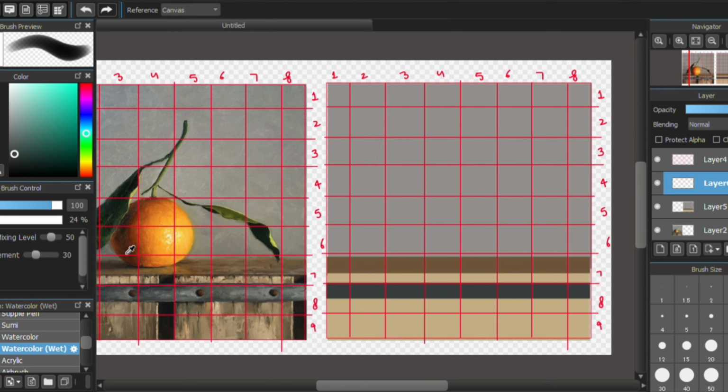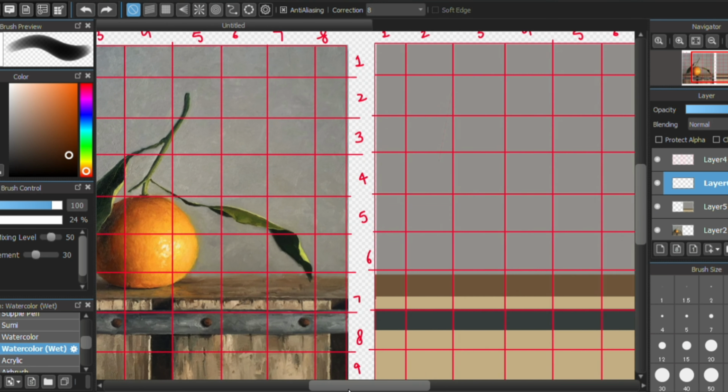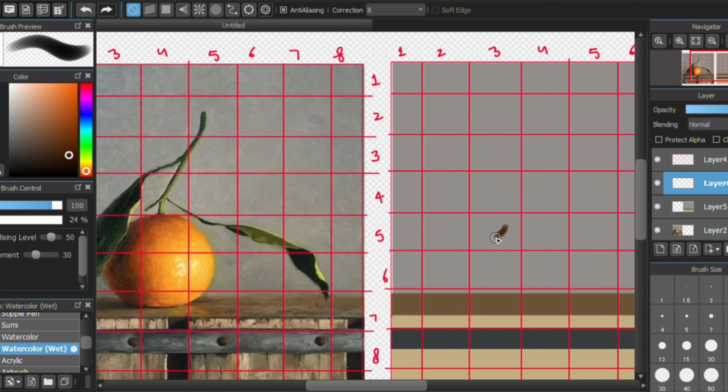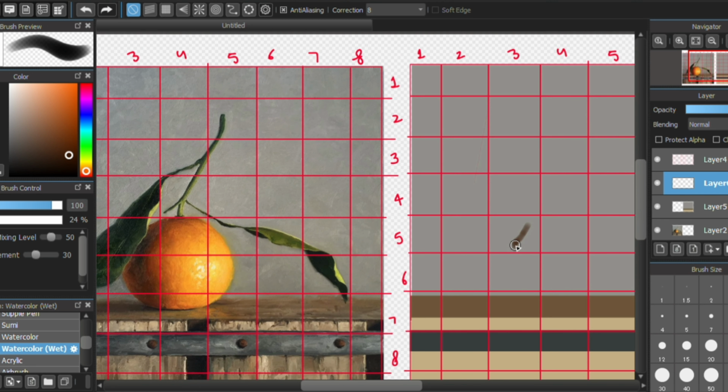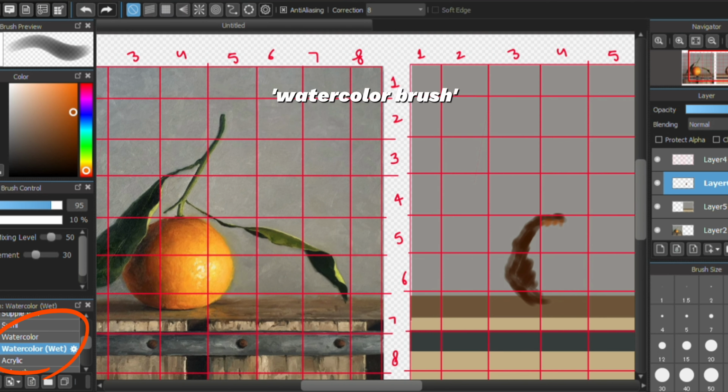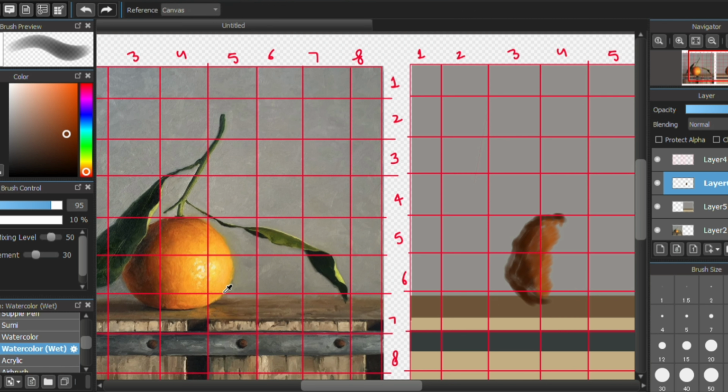Remember to draw a separate layer every time. Don't draw the background in the graph layer, as we will remove the graph layer obviously. And then you have to start with the darkest color of your element, and here it's the darkest brown, and I am using a watercolor brush as it's the most suitable for a realistic drawing.